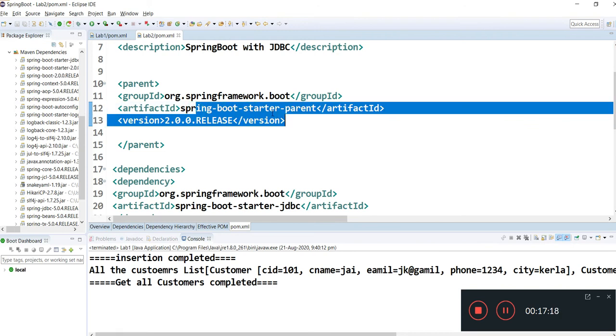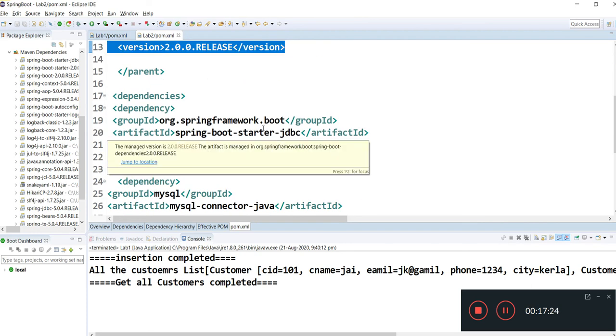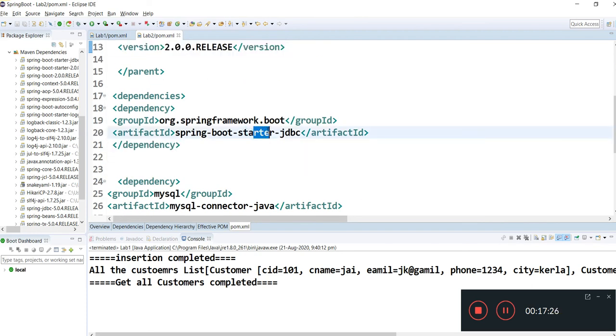For Spring, suppose we have mentioned version 2, then what is required for version 2, which one is compatible, all those jars will be downloaded for your project, which are compatible and which are comfortable for working. Okay,